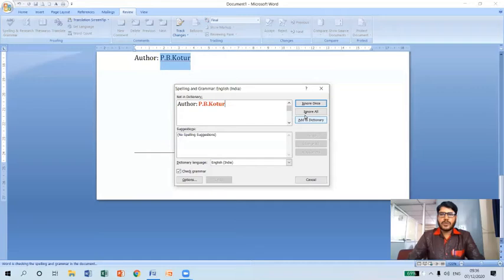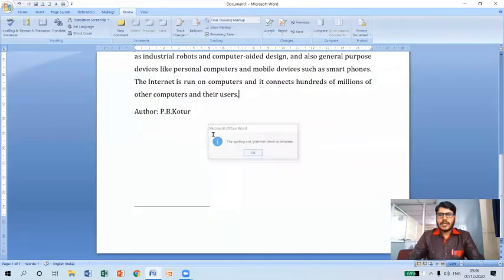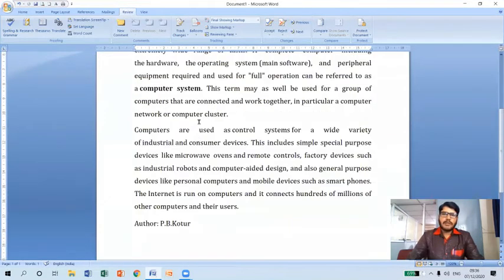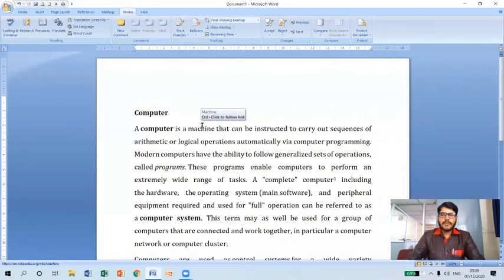So now I'm going to ignore this one once. Now you can see the red line has gone. So now my document is free of spelling mistakes, we can say.